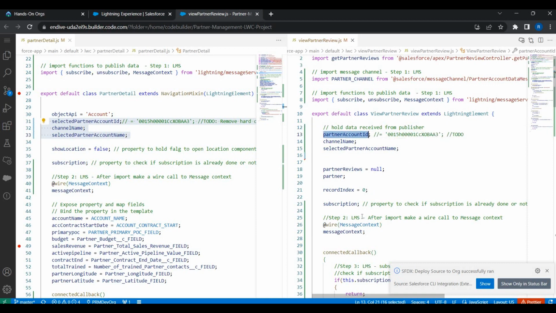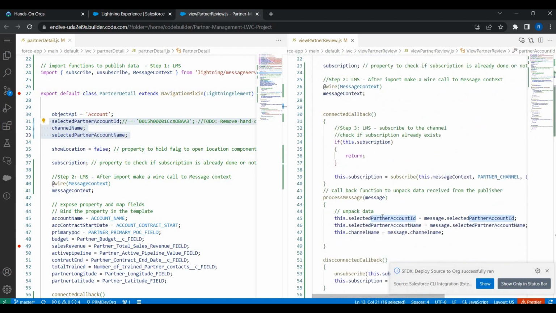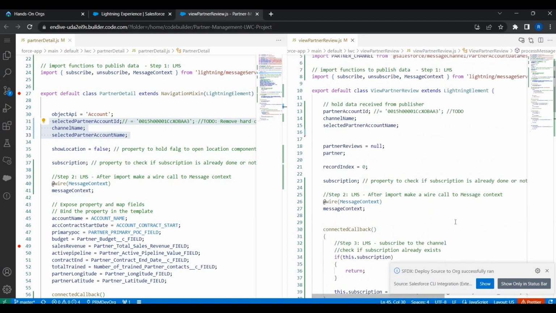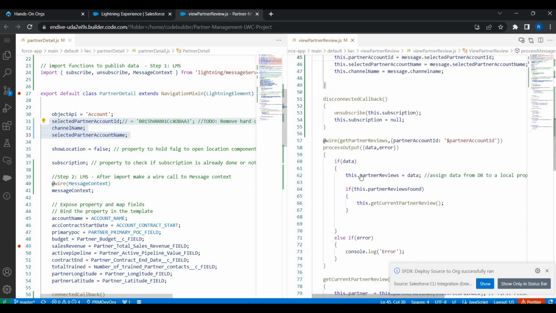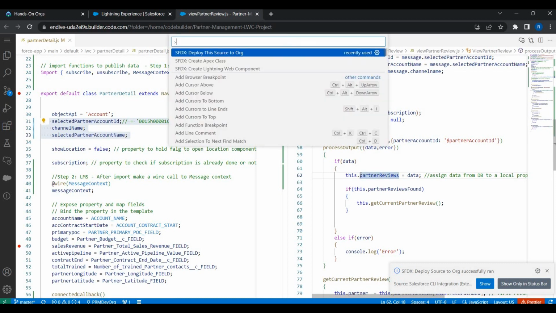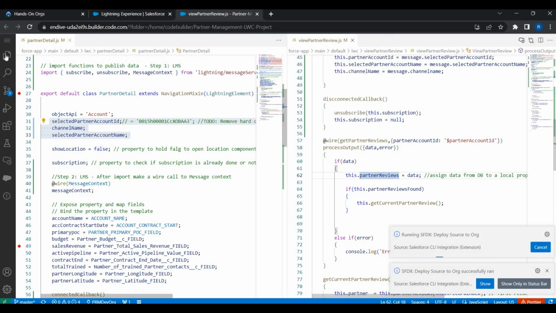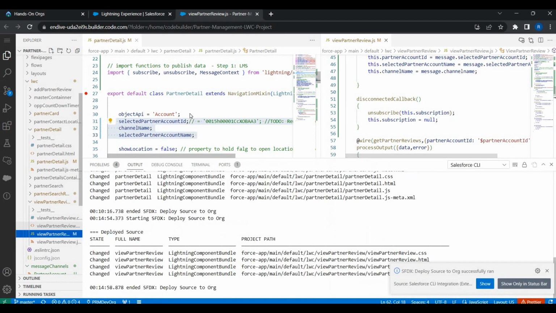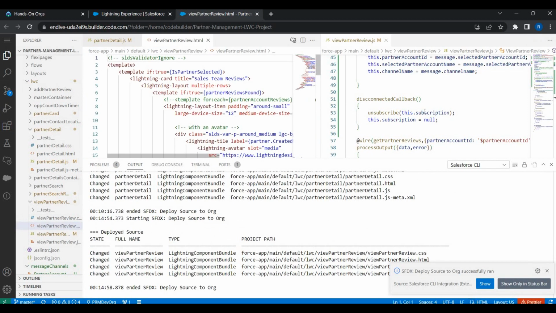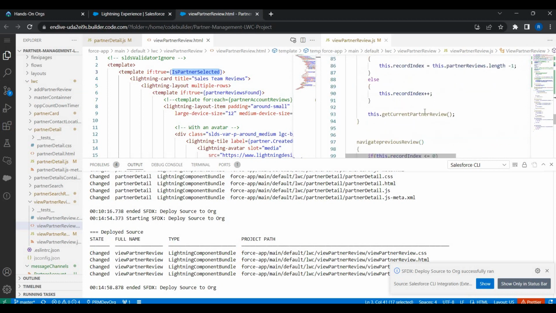And one simple change that I want to do is when I process or unpack the data, I want to use this property to hold the selected partner account. That's it. Pretty much done, I think. It's the same code, right? No change at all. Let's save everything, deploy, and see what happens. Do I also have any code to hide this? Let's see, if partner selected, yes,